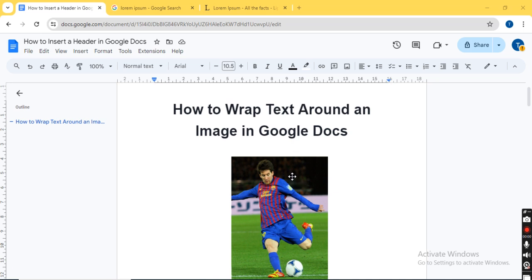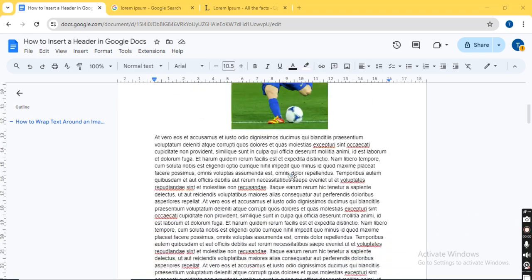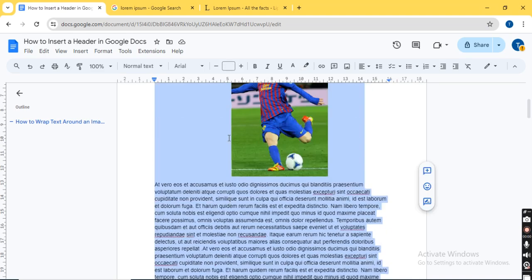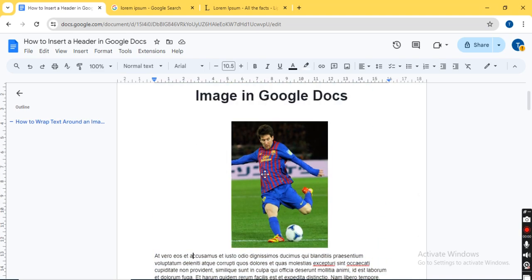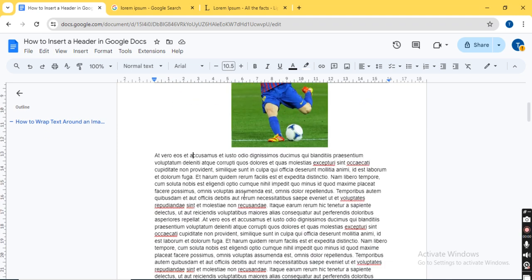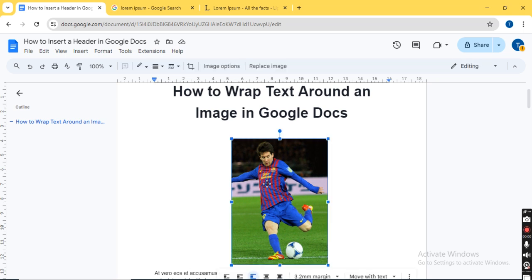Now, how to wrap text around an image? So, open your Google Doc, and for now I've just added a dummy lorem ipsum text, and have an image of Lionel Messi here. So if I want to wrap this text around Messi's image, all I have to do is